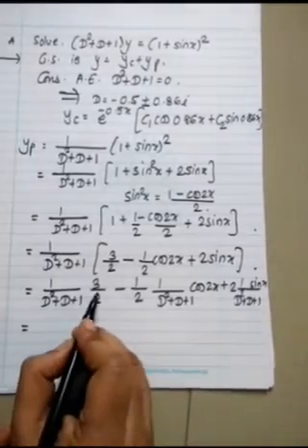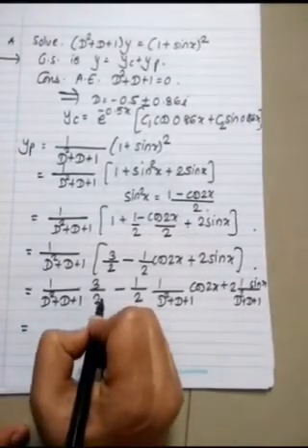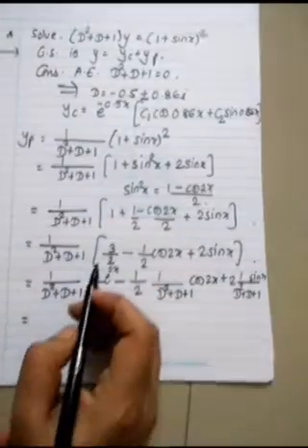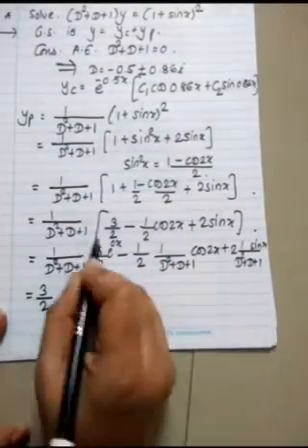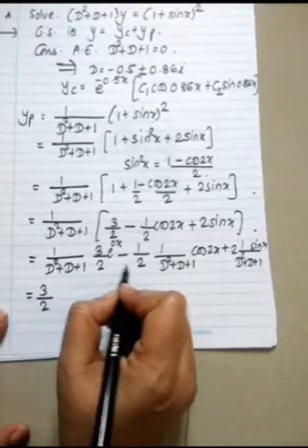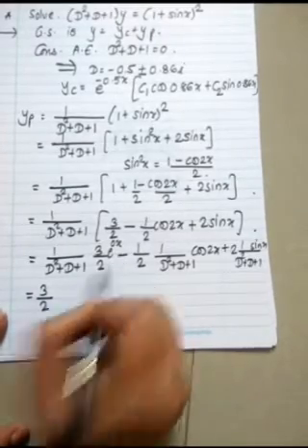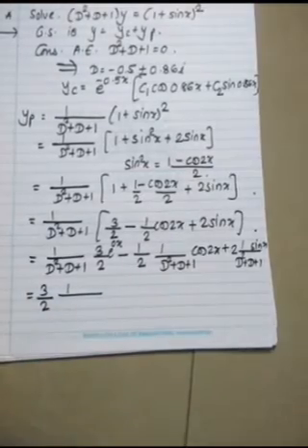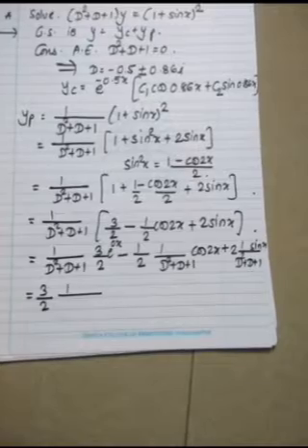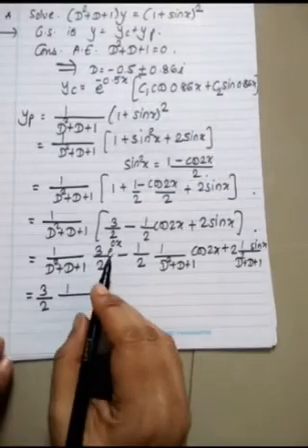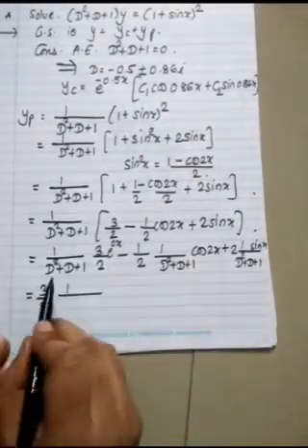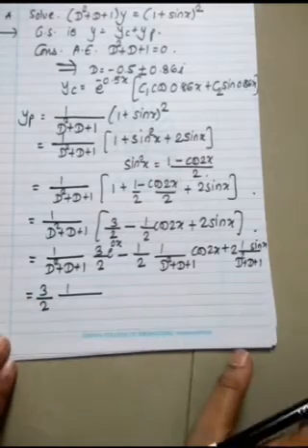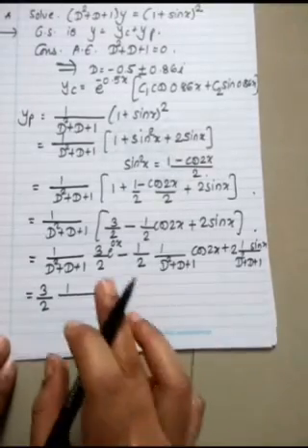Here 3 by 2 is constant, it will come out and there will be 1, and 1 can be written as e raised to 0x. So this is 3 by 2. Whenever there is a simple constant, we have to multiply by e raised to 0x. Then what is the case? Whatever is the power of e, we put in every d, not just d square or not just d. Wherever there is d, we put the power of e.